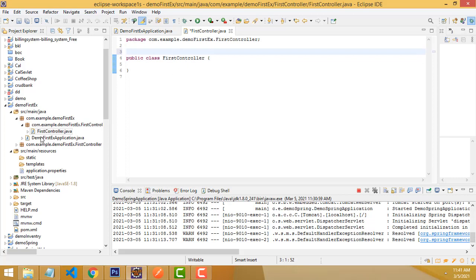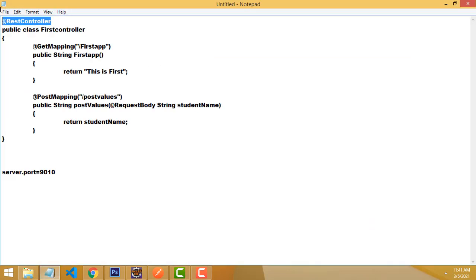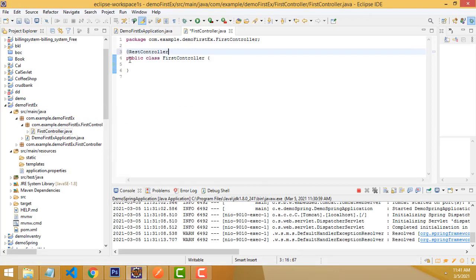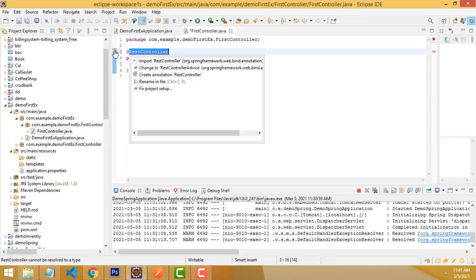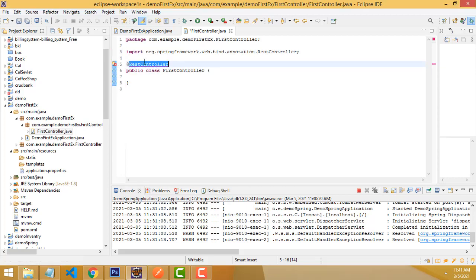If it is Spring Boot, it is very easy stuff. All the things are managed by the annotation, right? It's an annotation, very simple, right? Now I am going to add a RESTful controller. You just type RESTful, add RESTful, right? So this is not an error. It asks to import the namespace, right? Click here, import. Same thing like core Java.